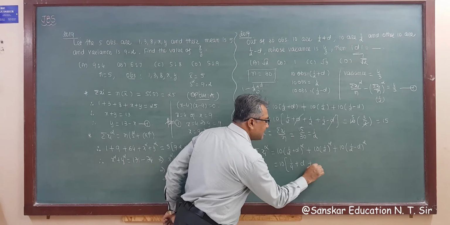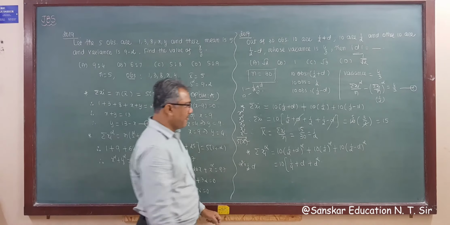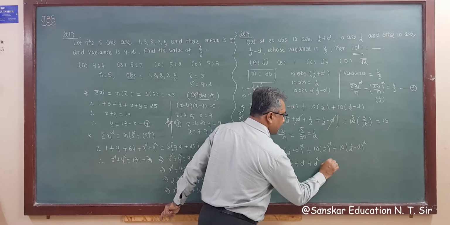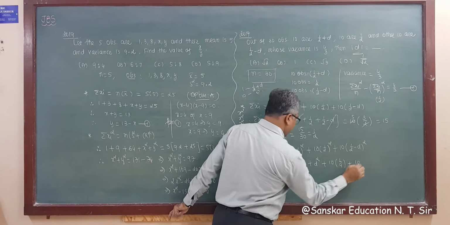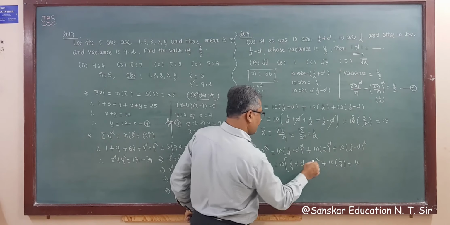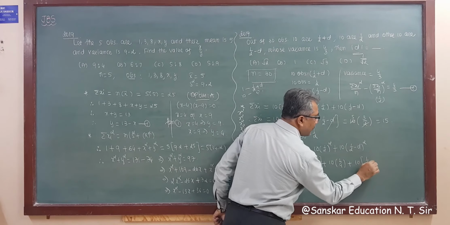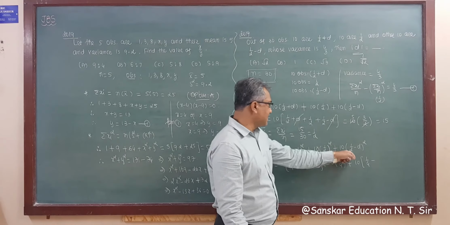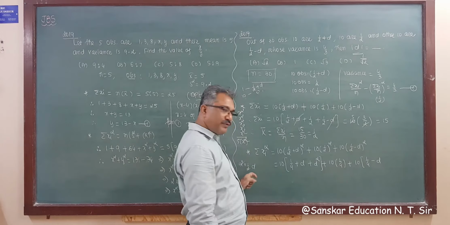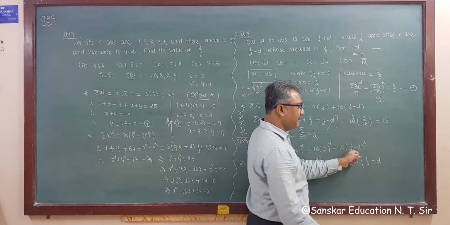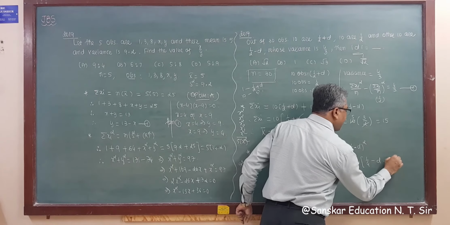So what we get here is d plus d square, plus 10 times 1/4 plus 10 times... I have to put a bracket here. 10 times, this is 1/4 minus d, same as this, so the 2 will be cut. We get d, that is minus d, but minus is here, that's why, and plus d square.